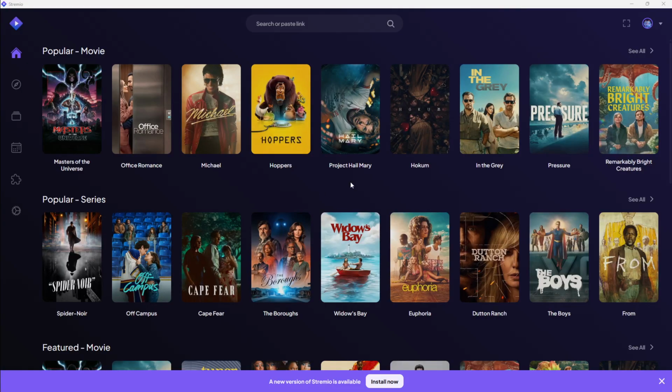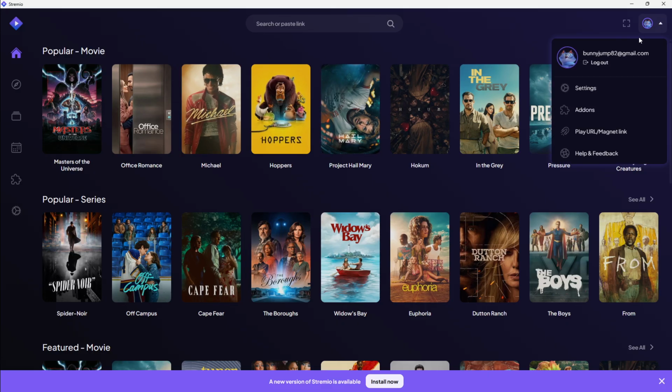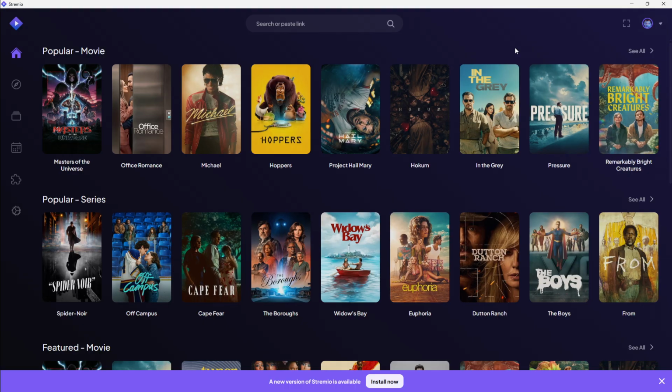In today's video, I'm going to teach you how to use Stremio on a laptop. To get started, open the Stremio application on your laptop. If you're prompted to sign in, go ahead and log into your account. Once you're in, give the app a moment to load completely so everything appears properly and all sections are ready